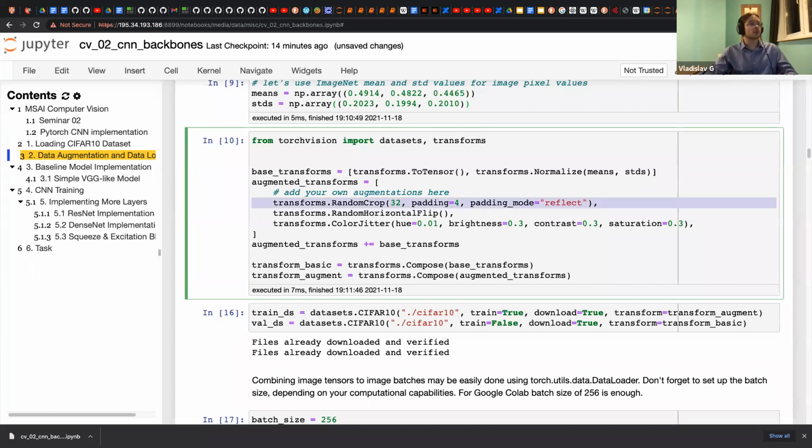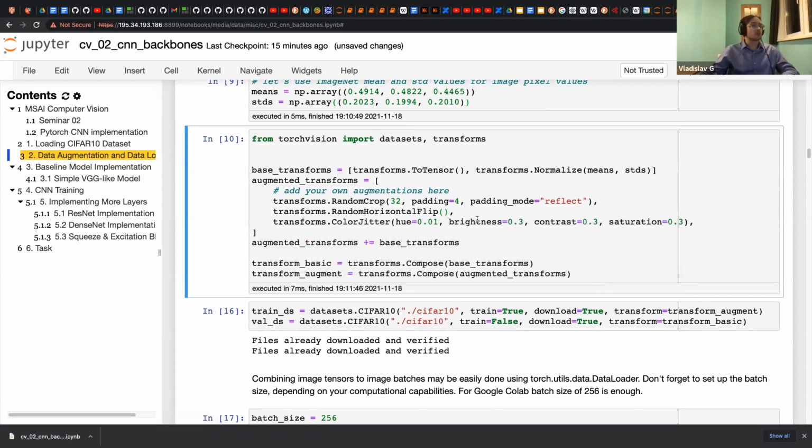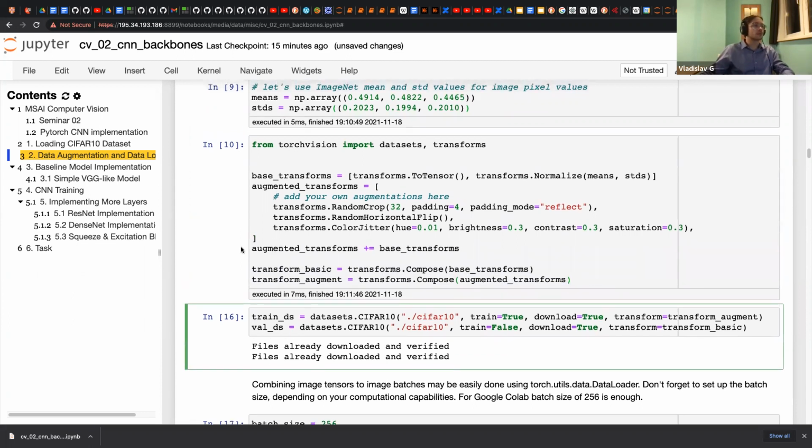So first we crop it, then we flip it horizontally with some probability, with a probability of 0.5. So we either flip it or not flip it, equally distributed. Then we use color jitter with hue, brightness, and contrast. And finally, we add base transforms to augmented transforms, and we move it to the compose function, so we get the transform.